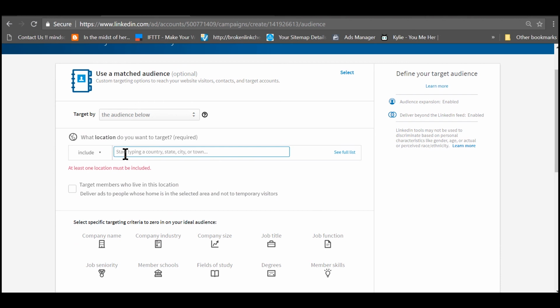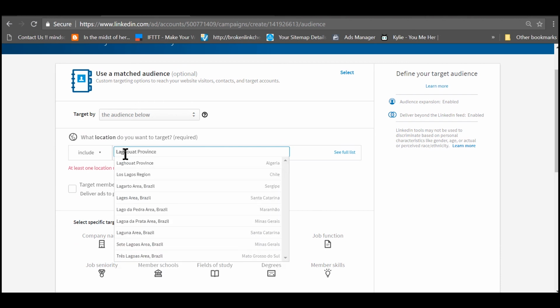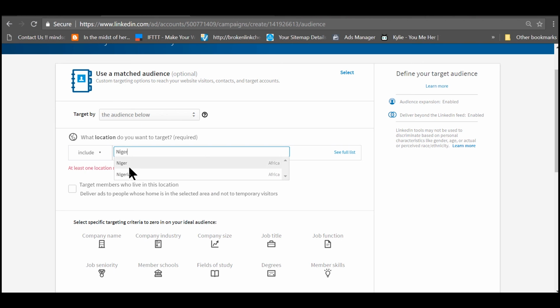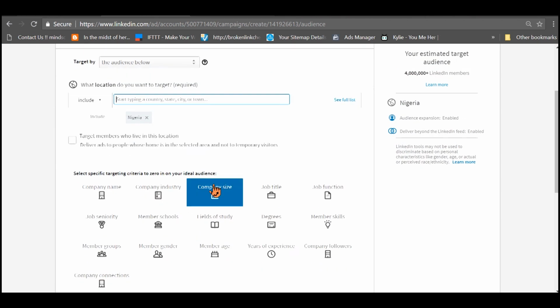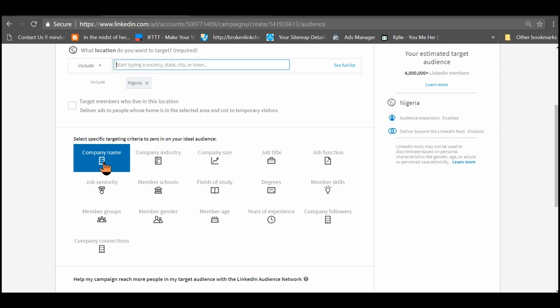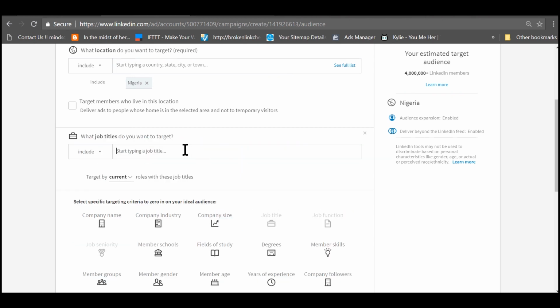Now I choose a location. You can see here if I try to put Lagos, it is not available. So just like Twitter, just Nigeria, it's available for us. And then you can target by company name, company industry, company size, job title, function, etc. I'm going to use years of experience and job title for my own targeting, but you can use any of them. So I'll click on job title and I'll say